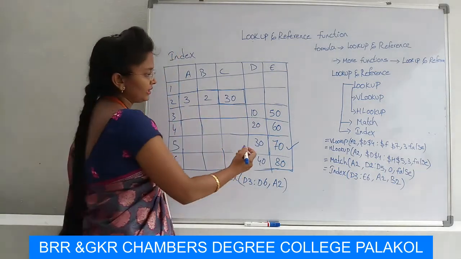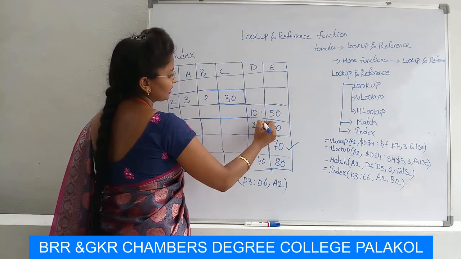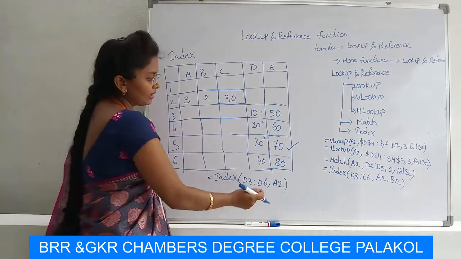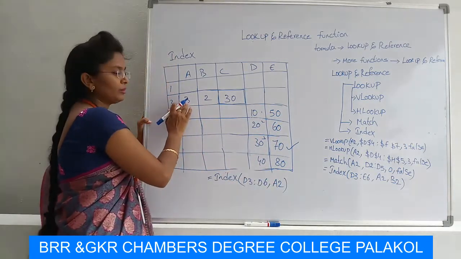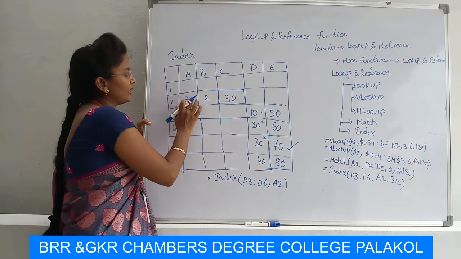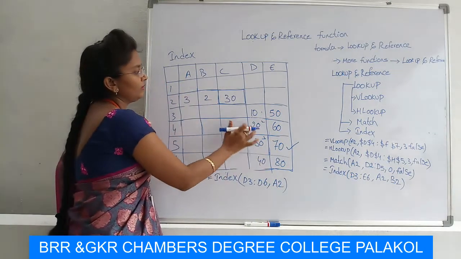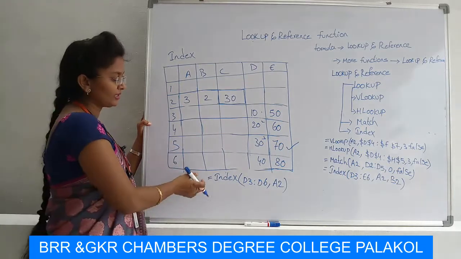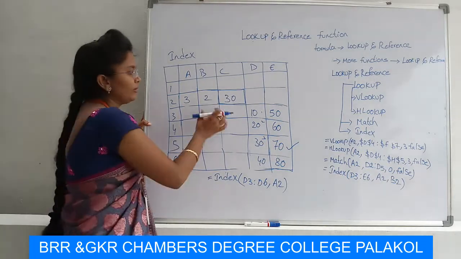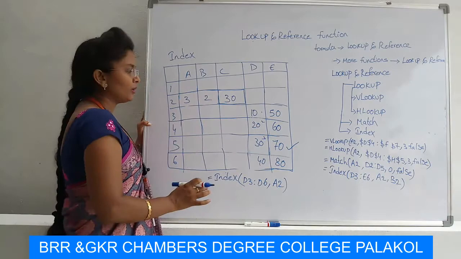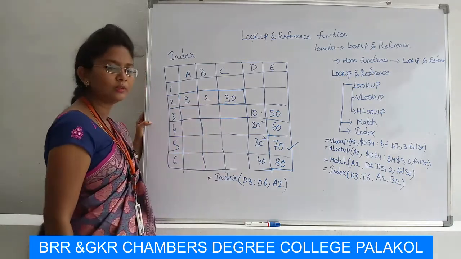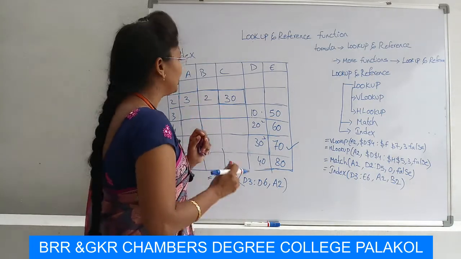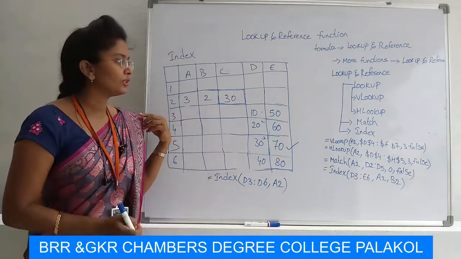That means it is taking, this is the first value, this is the second value, this is the third value. I entered A2 here. That means in the A2 cell the value is 3. The third value will be displayed here. In the previous formula also, it will be 3 comma 2, 5. The 5 result will appear in your Excel sheet. This is the index function.